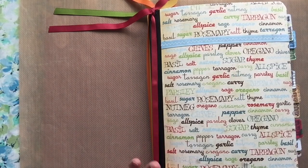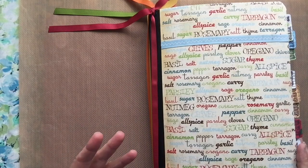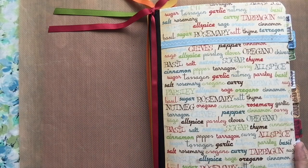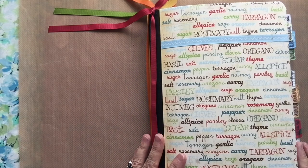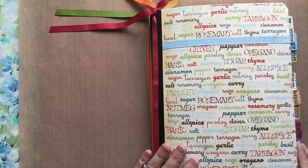I wanted to share a journal that I made quite some time ago. I'm doing this because recently I saw some posts on the Junk Journal Junkies group by some members who were saying that they weren't sure if their journals were good enough to post, or they weren't as fancy and full of expensive things as other people's journals. I have made all kinds of journals, but this one is actually, to date, still one